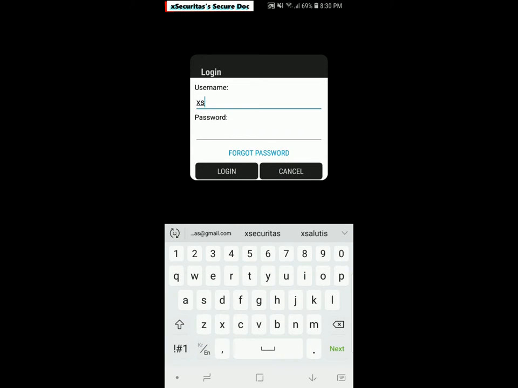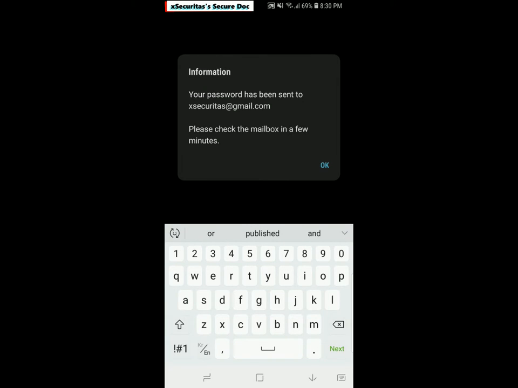In the username field, type the ID that you received from the sender. Normally, this is your email address. At first, you will not know the password. In this case, after filling in the username, click Forgot Password and the password will be sent to your email. If successful, a window appears telling you that the password was sent. If the ID is not an email address or the password retrieval process has failed, ask the sender for the password.